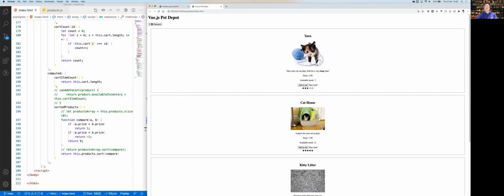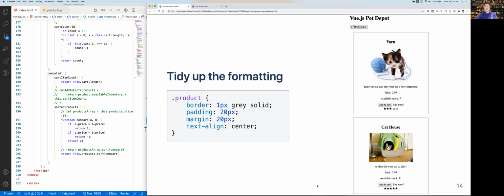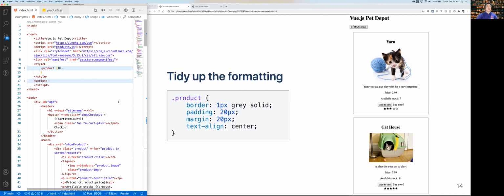So basically, each v-for iteration generates one of these products. Also, I added a tiny bit of formatting just to make it look slightly better on the phone. So this is nothing about responsive design at all because it doesn't change depending on the size of the screen. It's just very standard